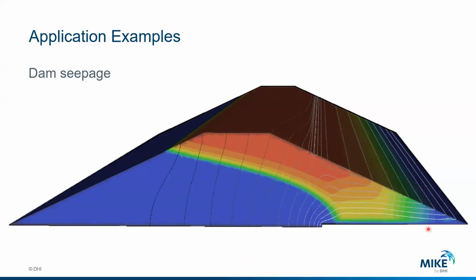So where is the seepage actually taking place? What is the pressure distribution? What is the saturation? These are the results of the simulation. And here we might have multiple materials, we might have different heterogeneity. So it's really needed to work with unsaturated parameters or saturated flow model types here to capture all these different